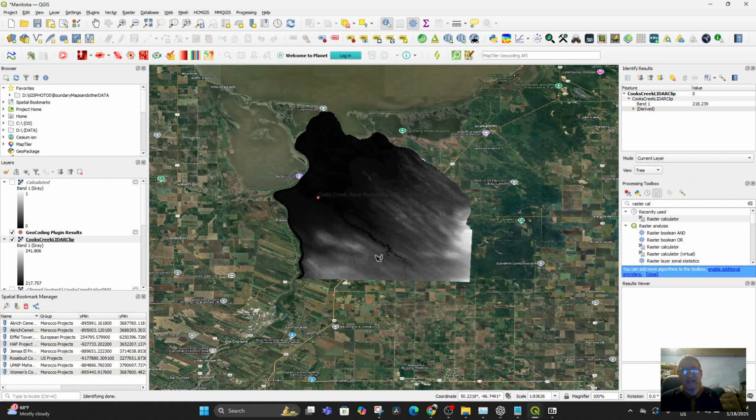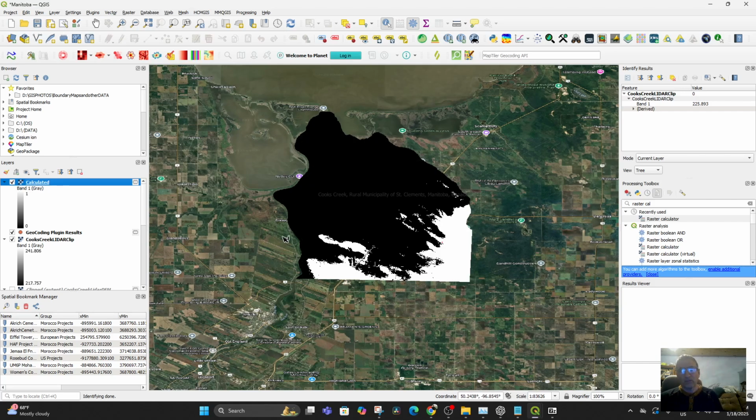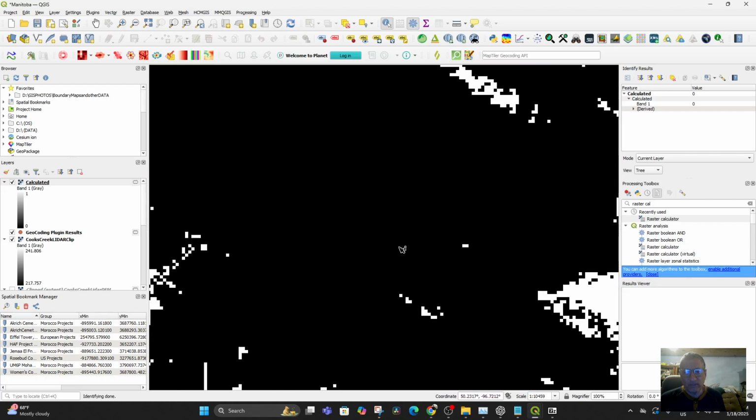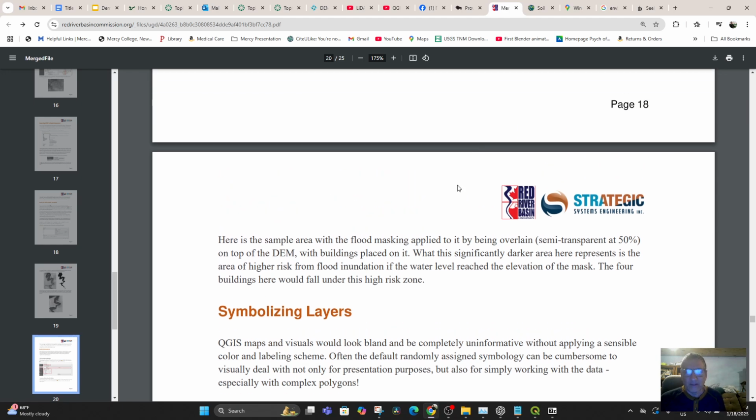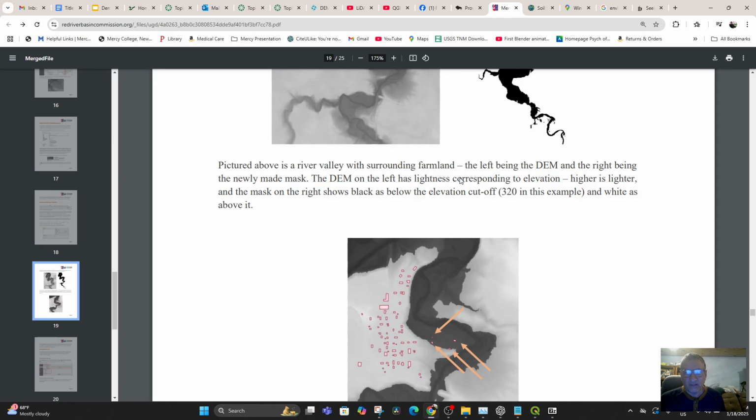So we're trying to make a plane that will rise, I believe, is the intent with that, and to show that flooding would occur all the way up to a certain area if it rose above a certain height, that being 225. And then we have this sheet of flood, so everything under that would be flooding. So you set where you think the flood levels could rise to, and then see what buildings and what objects are above that. So what he's doing here, he says that he's showing